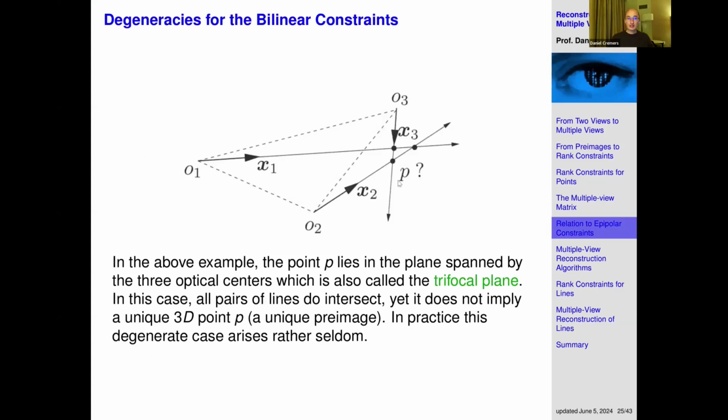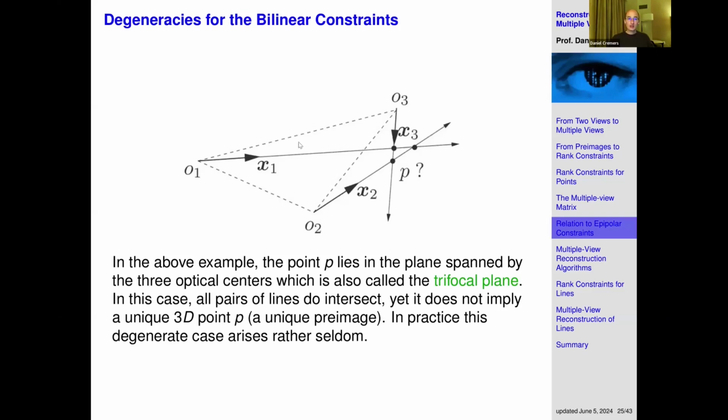That would be this case here, right? So here are the 3 optical centers. They're in general position, right? They form a plane. This is the so-called trifocal plane. And now we say the point P that we're looking at lives in the plane spanned by these 3 optical centers. If that is the case, then as you can see here, in pairs of images, there's always